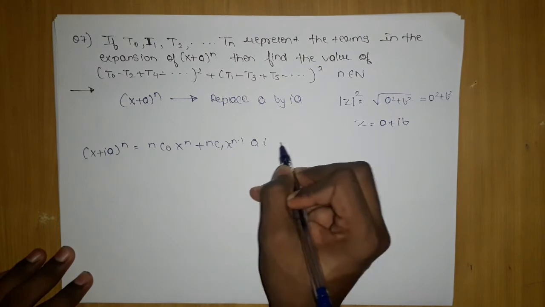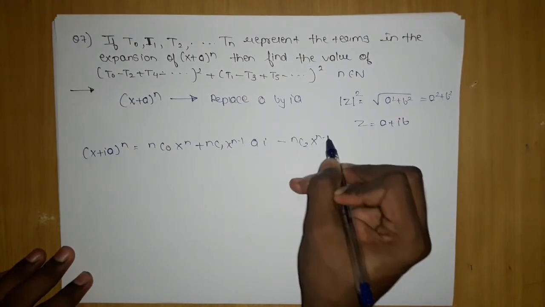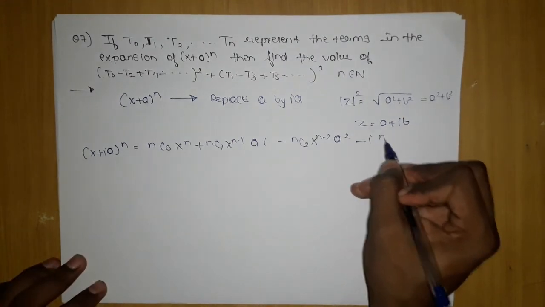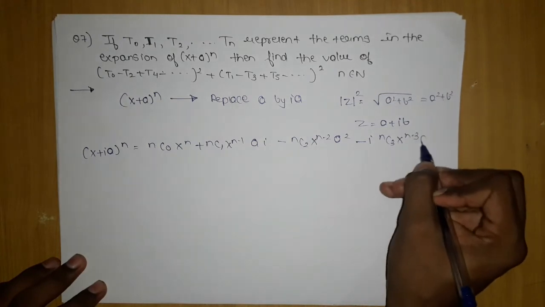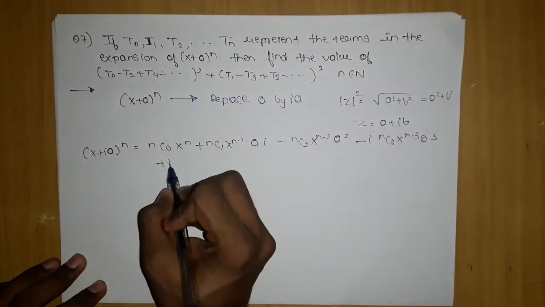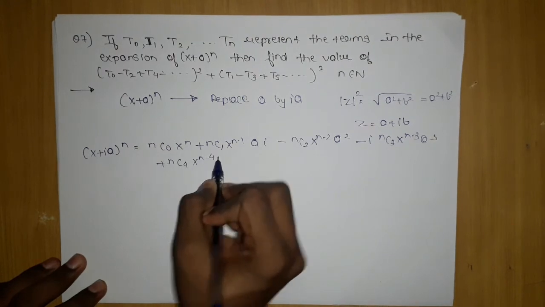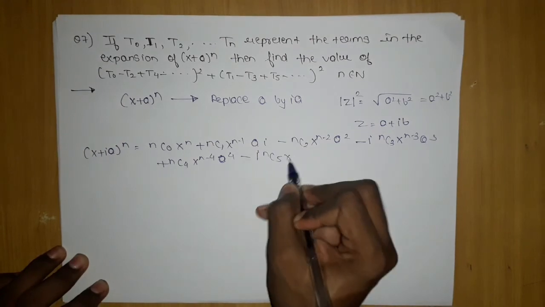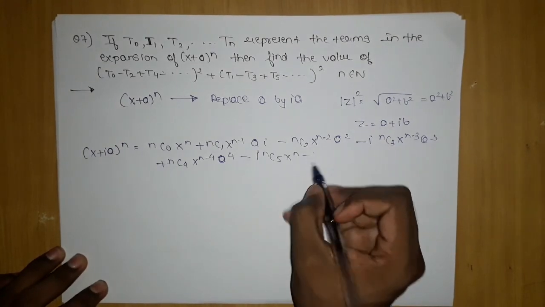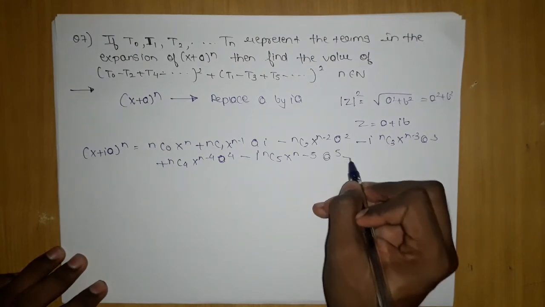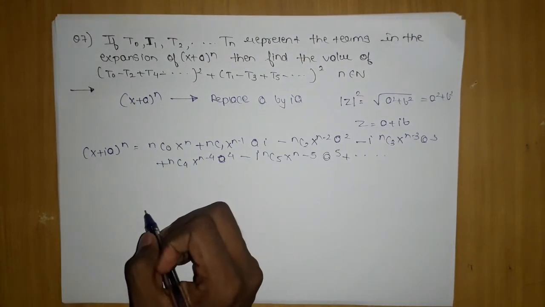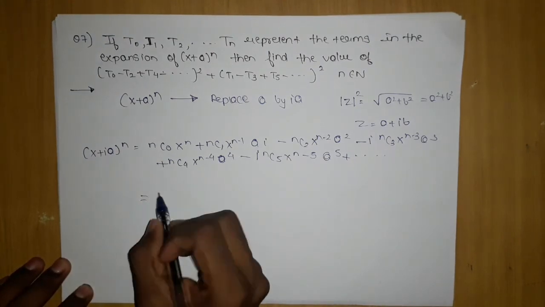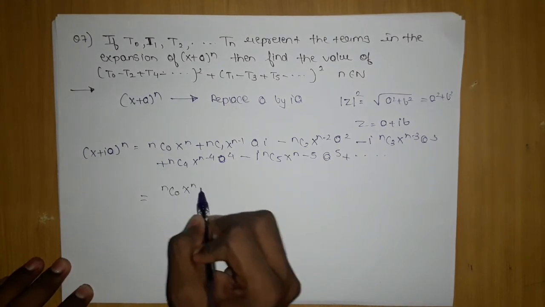1 a iota minus nC2 x power n minus 2 a square minus i nC3 x power n minus 3 a cube, then plus nC4 x power n minus 4 a power 4 minus i nC5 x power n minus 5 a power 5, and this will go on. Now you can clearly see, if I try to separate the terms and arrange them, what I am going to get is nC0 x power n